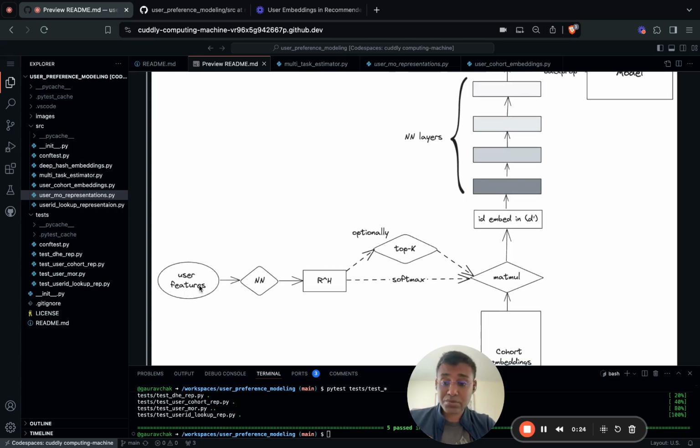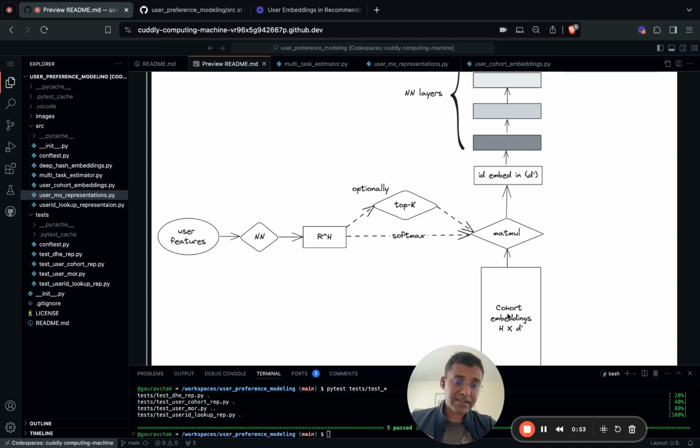at, okay, let's see the user features, and it's up to you how detailed you want to be with the user features. You can be very high level, like country, or add some past interests the user has shown affinity to, or maybe even context features like time of day. It's up to you what you want to do with your user features. But they go into